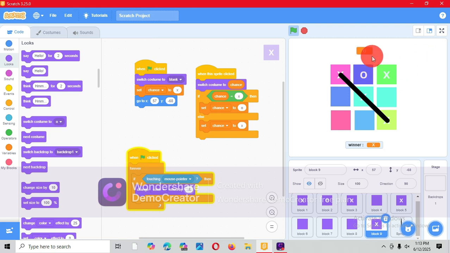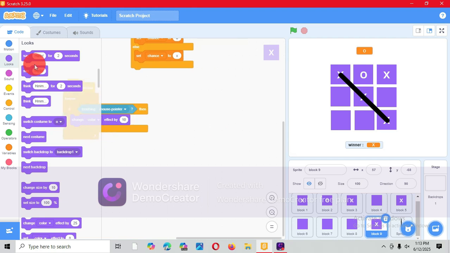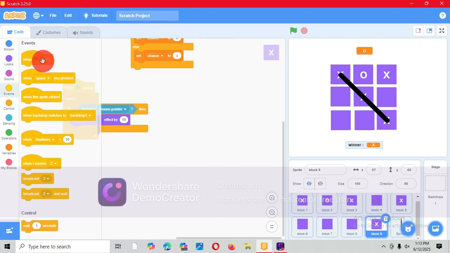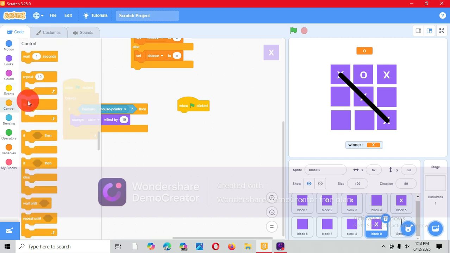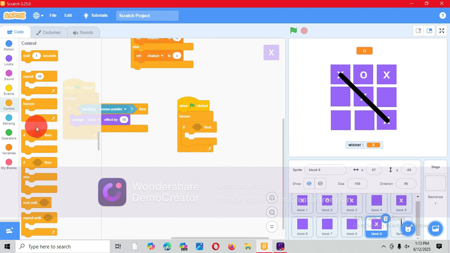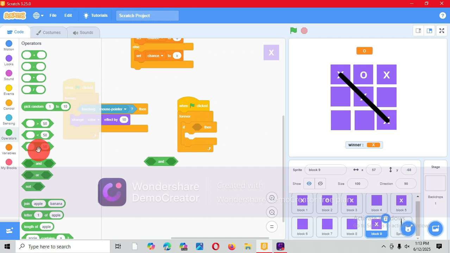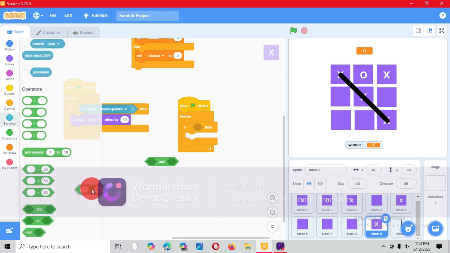Ooh. So next what we are going to do is, let's say this thing should not happen. Okay, so like this thing should not happen. So for that, what we will do is we'll go right here. We'll go to events, and when green flag clicked, we'll take a forever loop. When green flag clicked forever, we'll take an if then, and what will happen is go to operators and take this and take this,